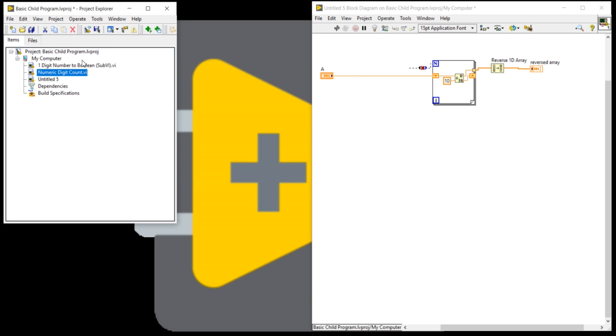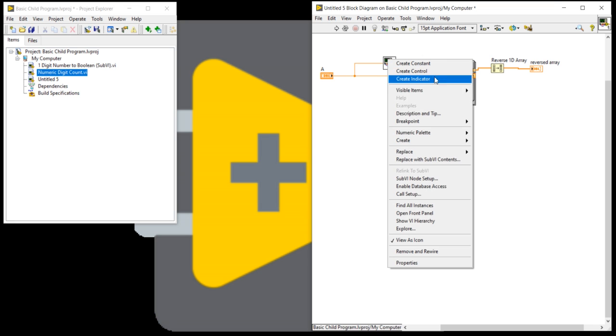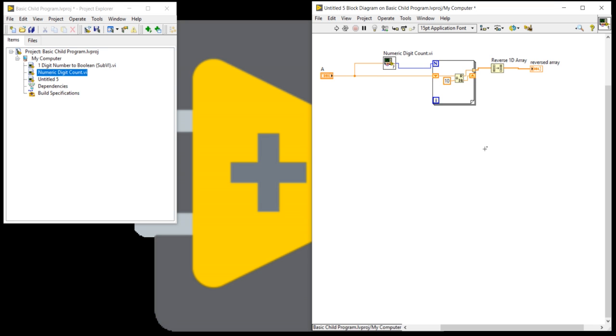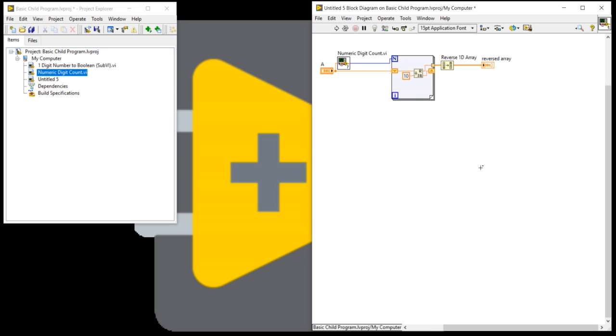What is the logic? Number count, digit count functions. Here I am taking it because I want to give some depth and I want to reduce the size.